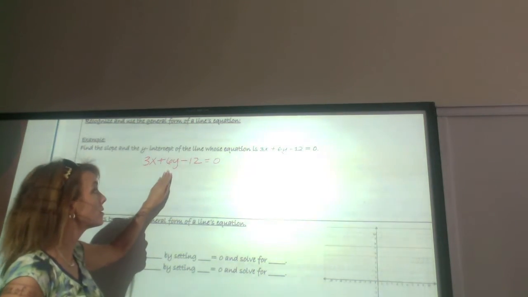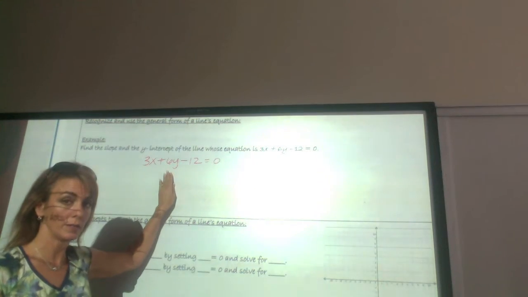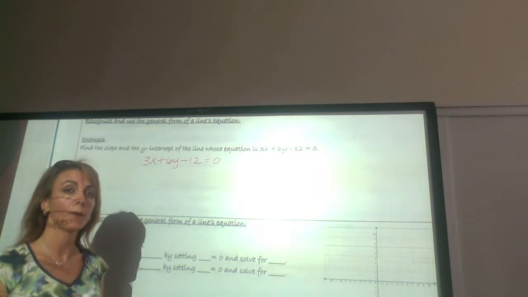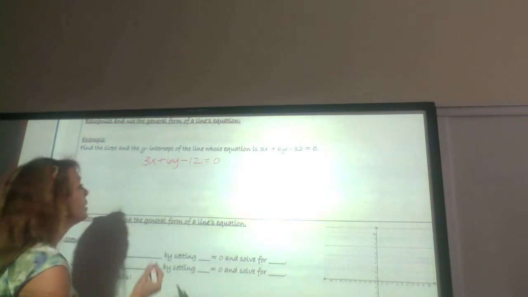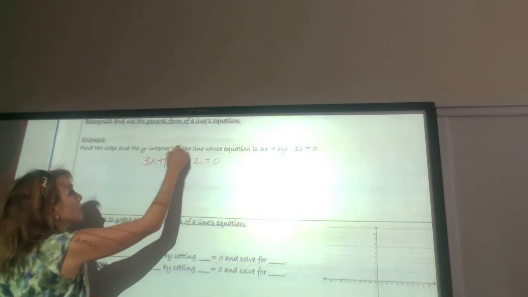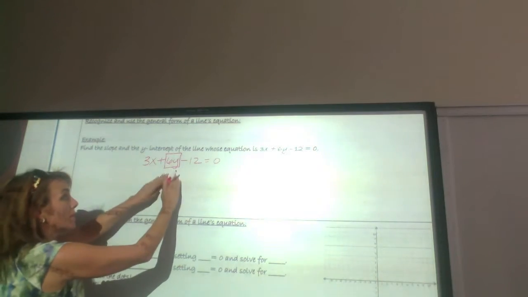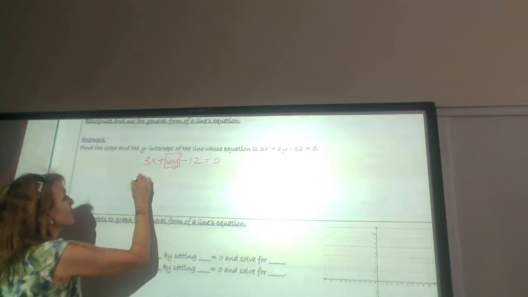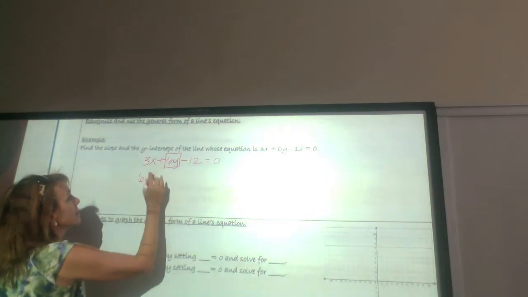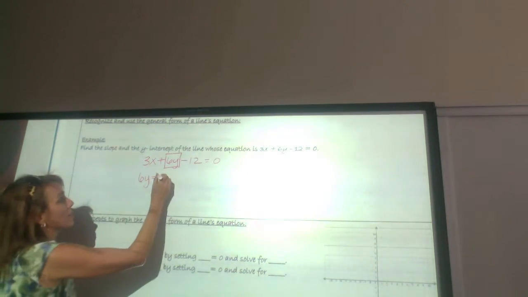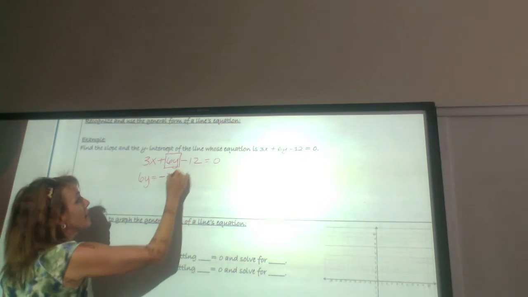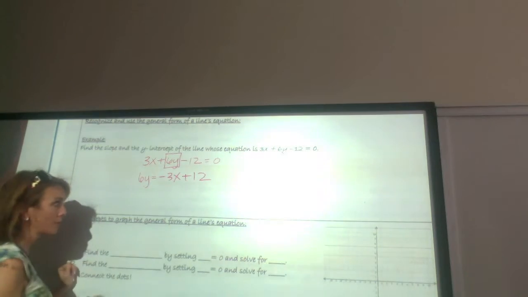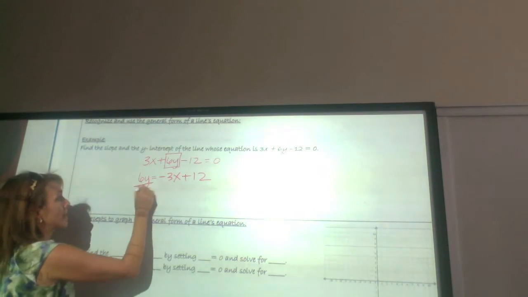Okay, so what we want to do is transform this into slope-intercept form, which means solve for y and put the terms in the right order. So let's isolate the term that has the y in it. That means keep this here and move everything else to the other side. We're going to keep 6y on the left. 6y is equal to, if I push this 3x to the other side, it becomes negative 3x. And if I push the negative 12 to the other side, it becomes positive 12. Now I'm going to divide everything through by 6